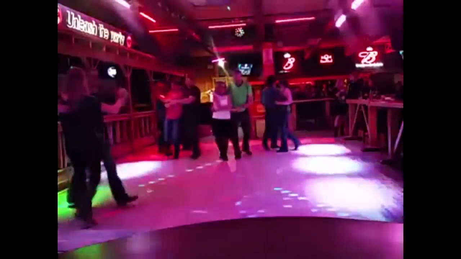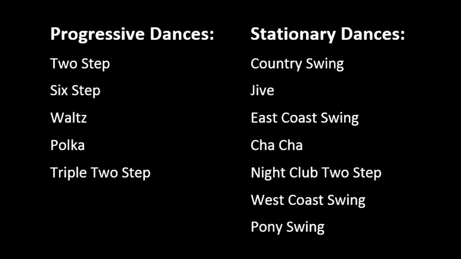Once you've identified whether it's a stationary dance or a progressive dance, then you have narrowed down your list of dance styles to this: progressive dances and stationary dances. Now, here's a list of the different progressive dances and stationary dances in country dancing. Take a close look and you'll notice that the progressive dances are two-step, six-step, waltz, polka, and triple two-step. Under the stationary dances, you'll see country swing dancing, jive, East Coast swing, cha-cha, nightclub two-step, West Coast swing, and